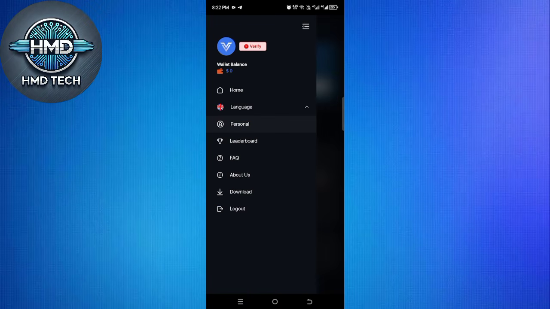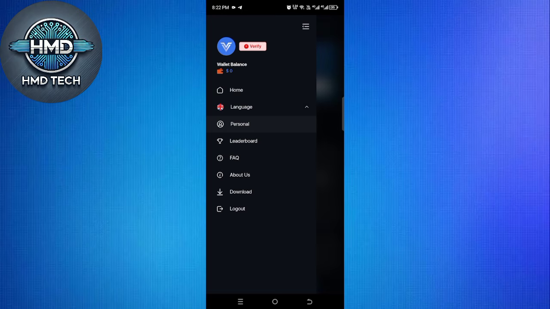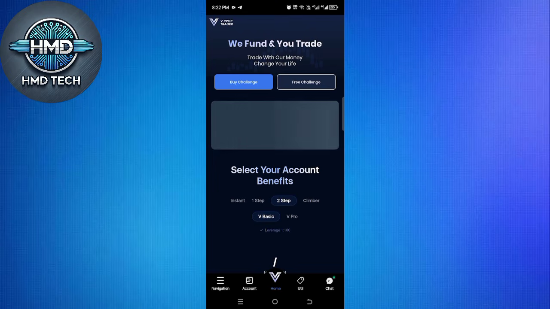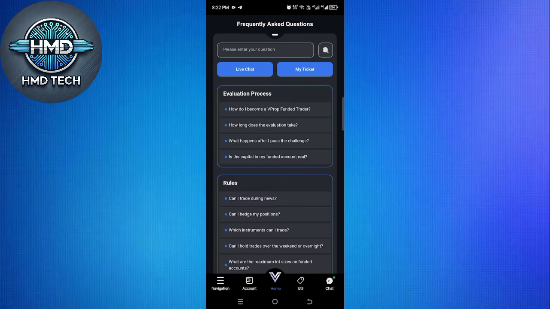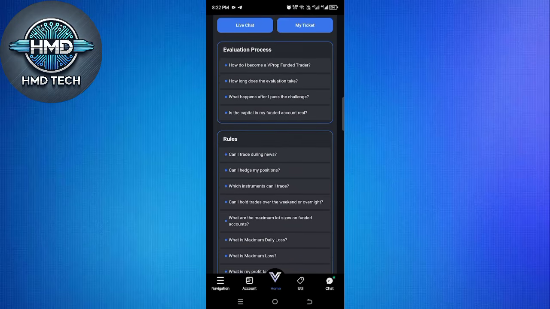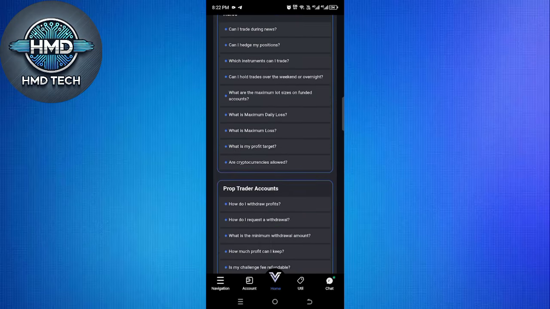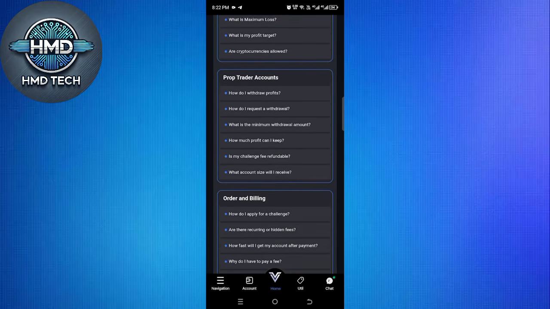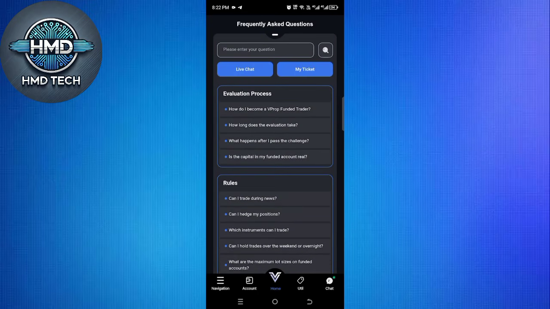Next, check whether you're within the platform's minimum and maximum withdrawal limits, and be aware that certain methods may come with small fees. Finally, make sure the bank account or e-wallet you plan to use is properly linked and registered in your own name, as third-party withdrawals are not permitted. These checks can help you avoid unnecessary delays, and you can always confirm the latest policies in the app's help